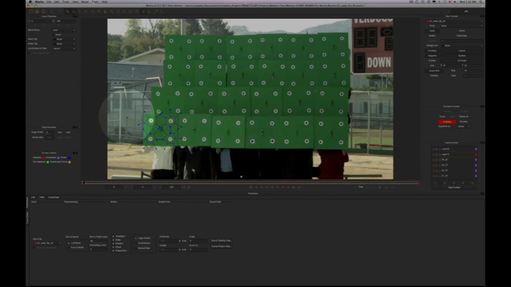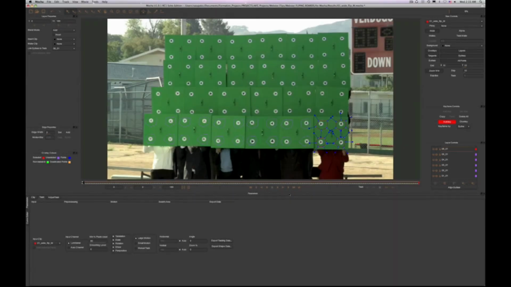I'm going to select layer 5, move to the fifth board, and the sixth layer will go to the sixth board. Change the name to